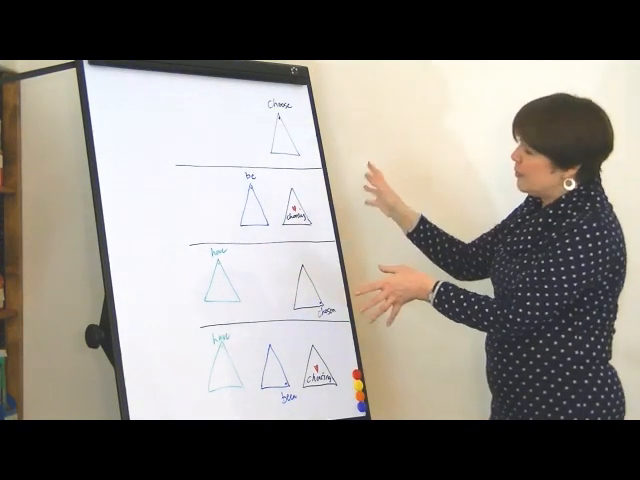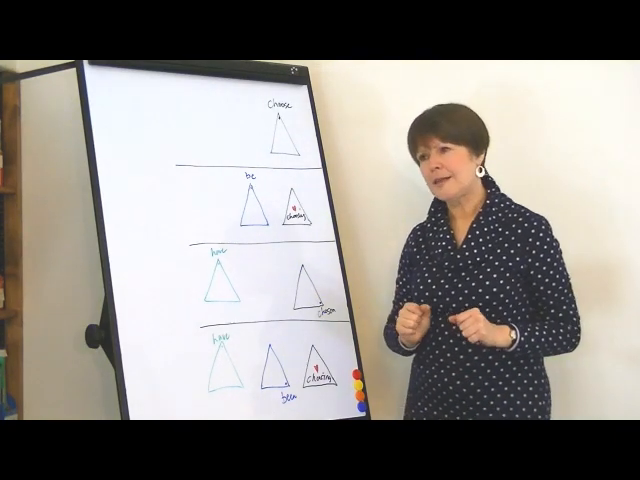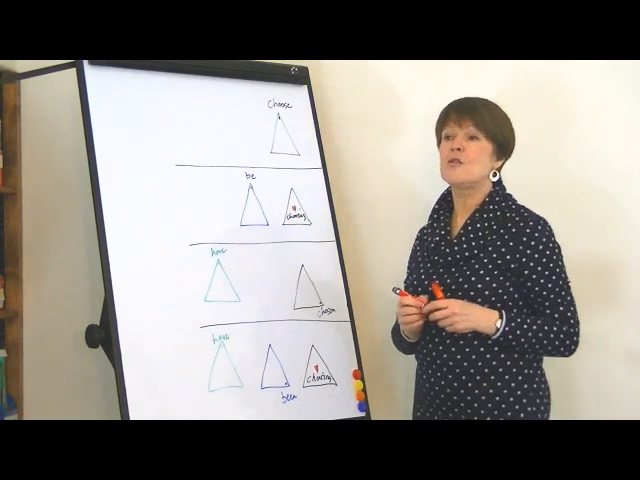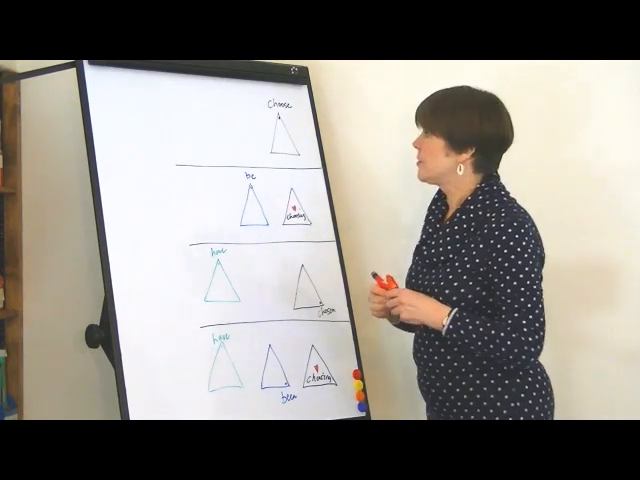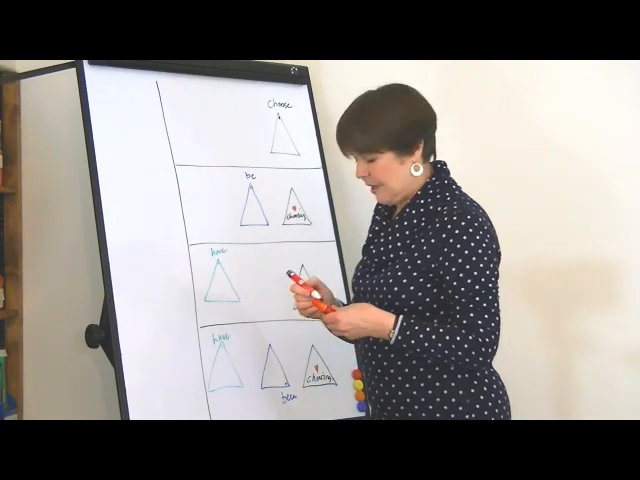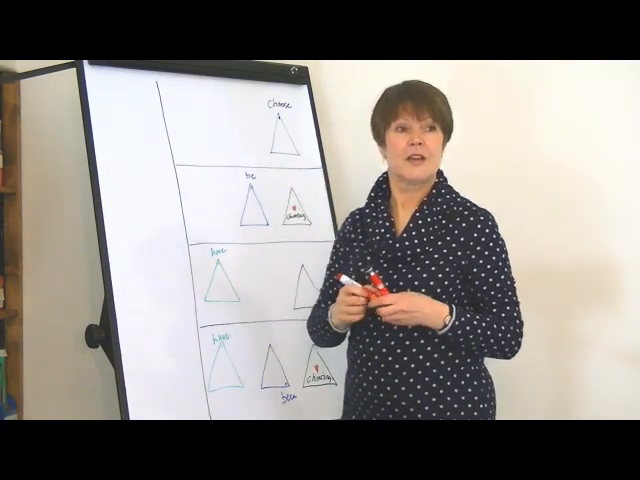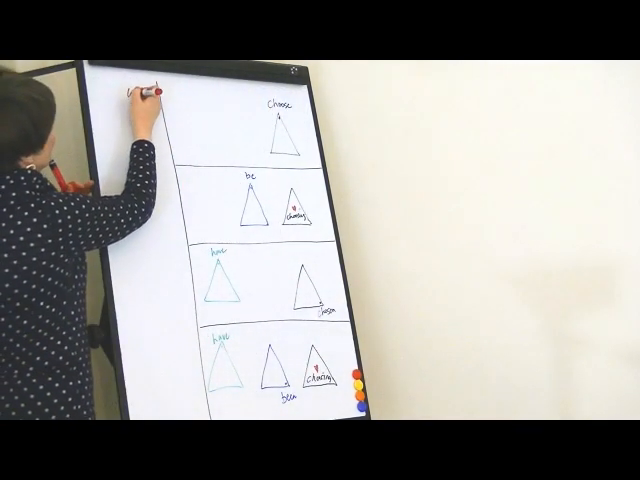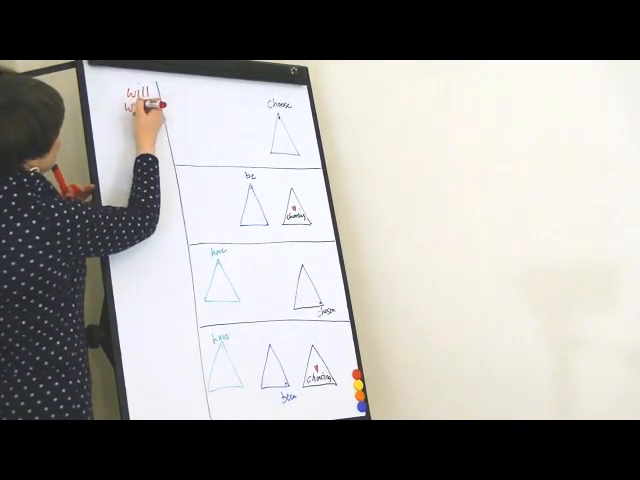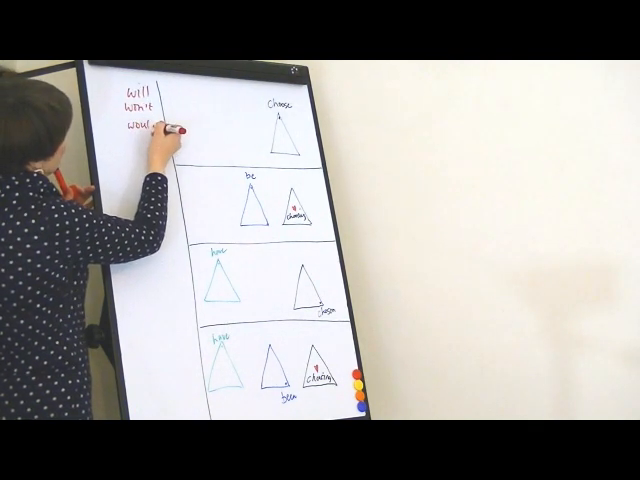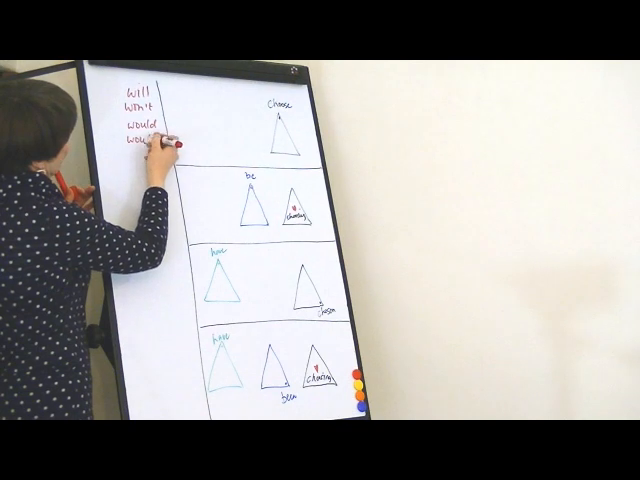Now, this blueprint, this template, we're now going to add something to it. What I'm going to add is modal auxiliary verbs. So I'm going to put a little line down here, and I'm going to start writing down modals. So I'm going to start with will and the negative, won't, would and wouldn't,